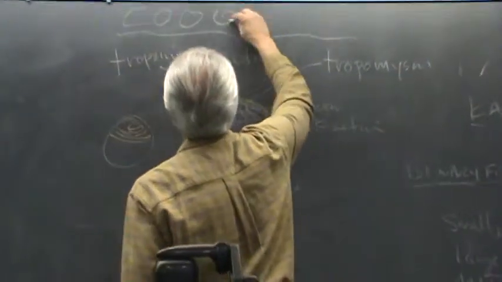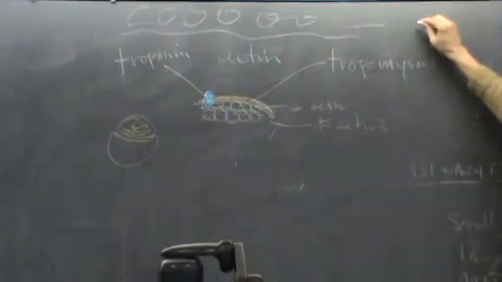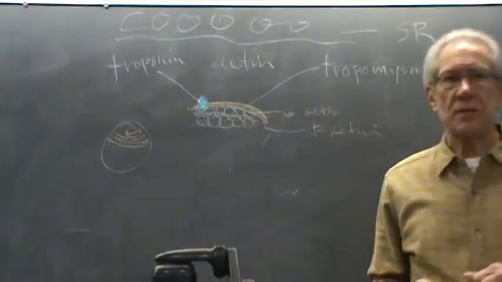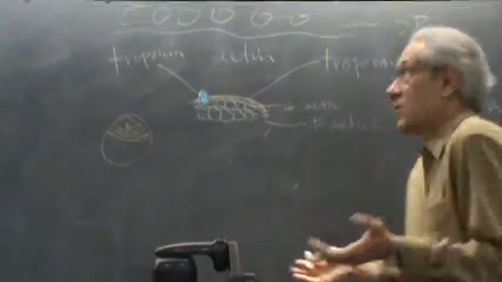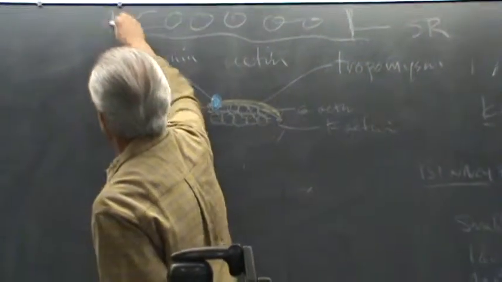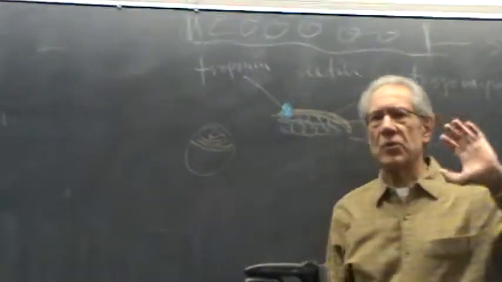Okay, so we got something up here. It's got holes in it. What's it called? The sarcoplasmic reticulum. And it has ends, and what are those called? Terminal cisternae at the ends. And in this area, as an action potential runs down